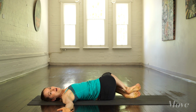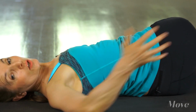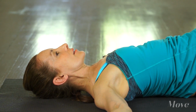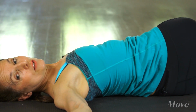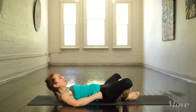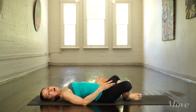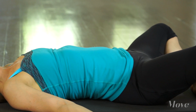So we've stretched our calves, hamstrings of the lower body, and then we've stretched our quads and glutes of the upper leg. We've stretched our glutes in the butt, hip flexors, lats, arms, shoulders. Done a great job. So your very last stretch is just to come back onto your back, a little bit for the inner thigh. I'll bring the feet together and just let your knees drop wide. Good. Just let your arms rest there, and you can just stay here for a while and let your body